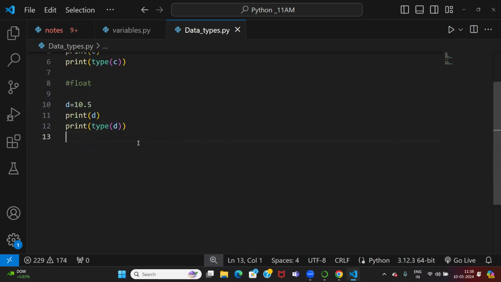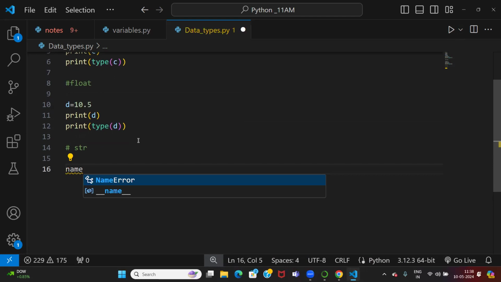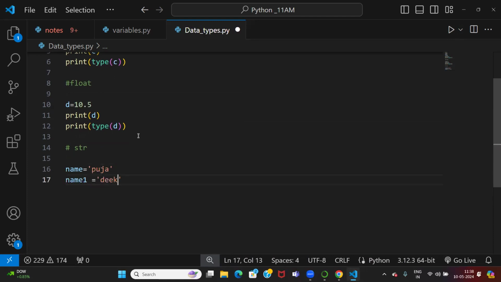Let me go with the string, str. Take a name. Name is equal to, this time it is Pooja. Name 1 is equal to, this time it is Dikshita. Name 2 is equal to, this time it is Krishna. Name 3,